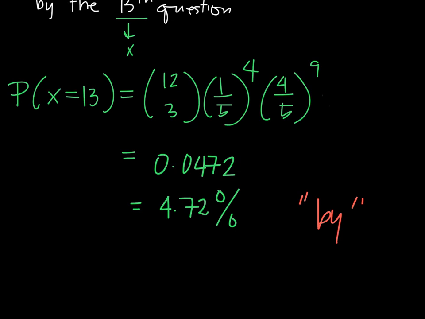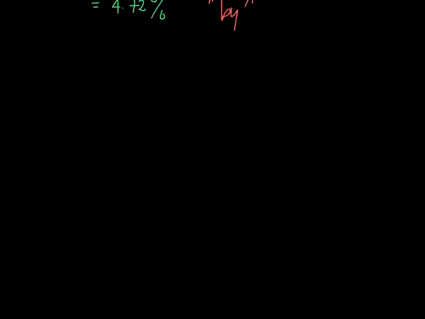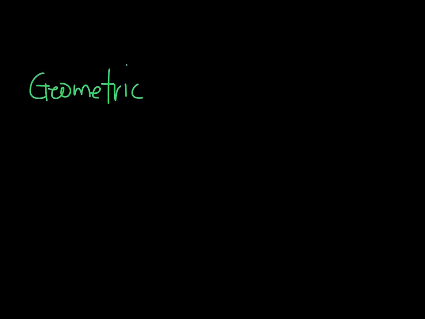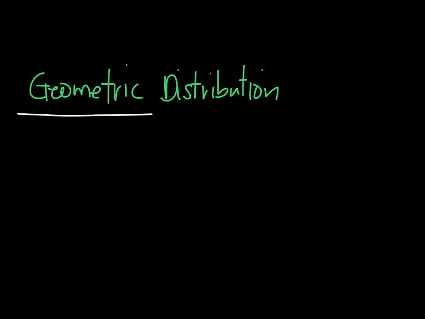Okay, now finally we go to the last idea, and that is on geometric distribution. Now, geometric distribution is just a special case of a negative binomial distribution. So if you understand how to answer a negative binomial distribution problem, then you should be able to do geometric distribution as well. Now in the geometric distribution, unlike the negative binomial distribution, the geometric distribution focuses on getting the